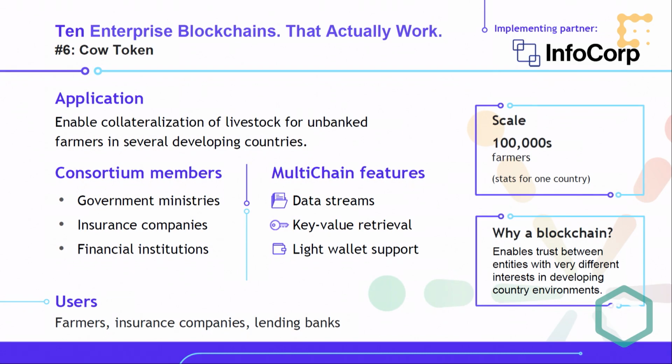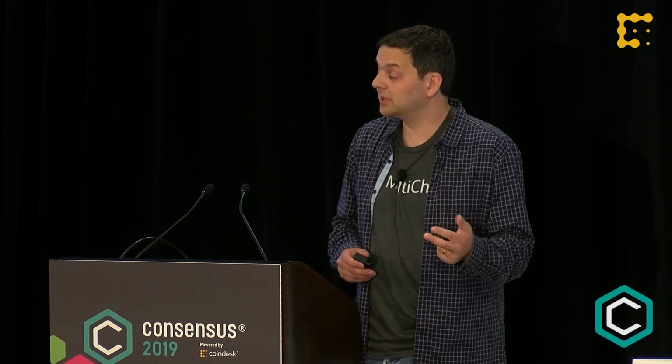But the information processes required in order for the people lending money to know that that farmer owns the cow is broken. It didn't exist. So they need to create a system whereby a record is kept of which farmer owns which cow, then which cows have been immunized, because a non-immunized cow isn't worth as much because it can get a disease, which cows have been insured, because a non-insured cow is not worth as much as an insured one, and then which loans have been made against these cows to prevent a farmer using their cow as collateral with 2 different financial institutions.